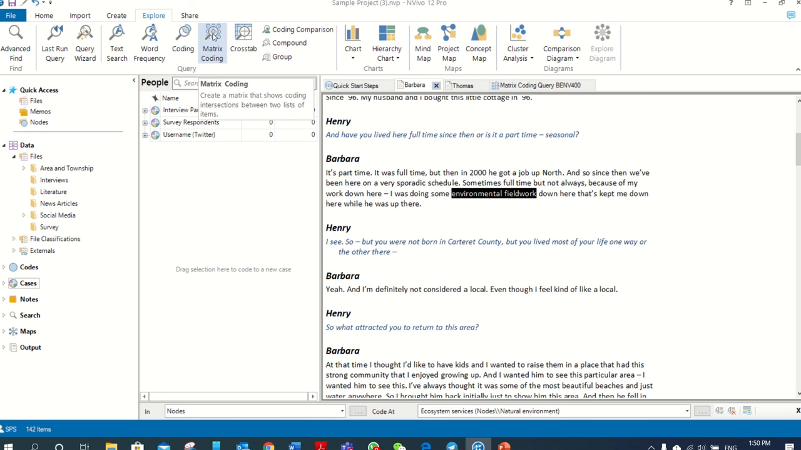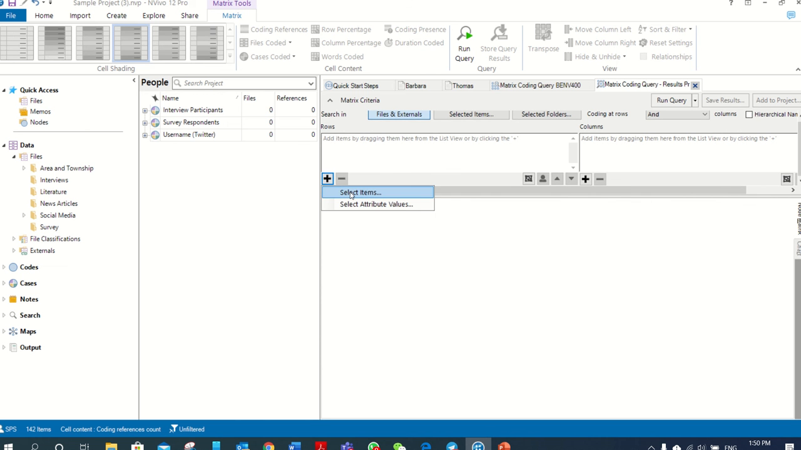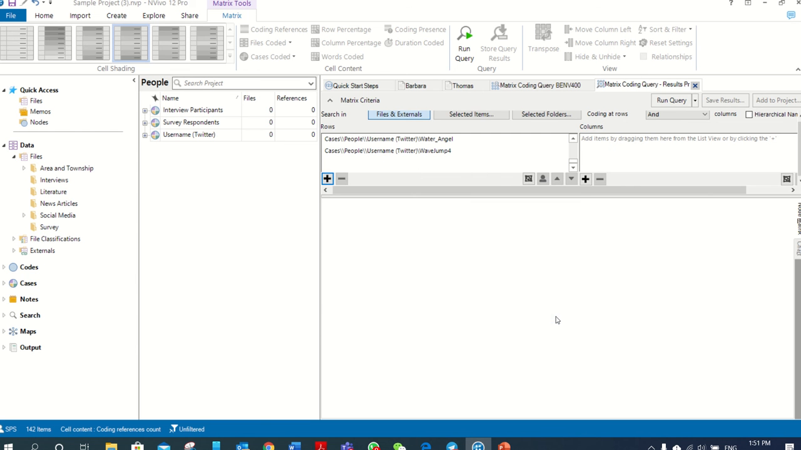One of them is matrix coding. I'm going to click this one. So you will see something new here, the matrix coding query. In this section you have two different windows, the right one and the left one. Just click on this add items, this plus sign here, select items, and then you say I'm going to select different cases, like different people we already interviewed. We interviewed these guys, and then on the right side you just add another